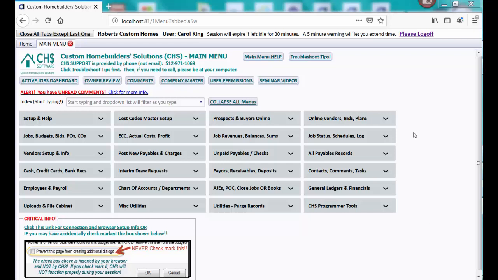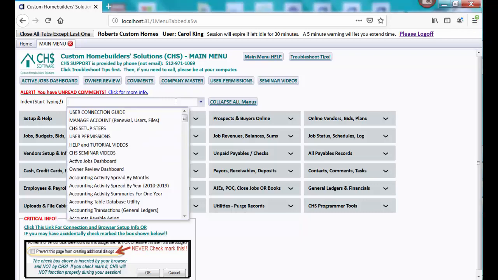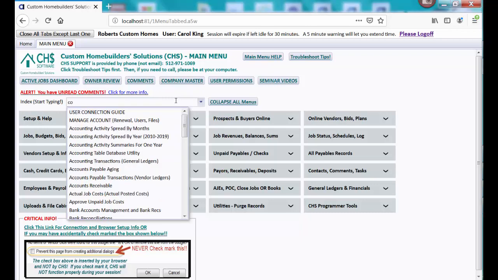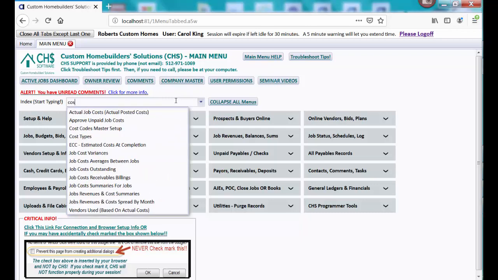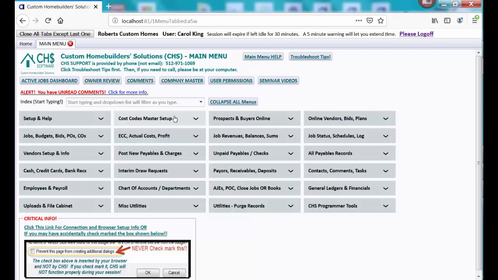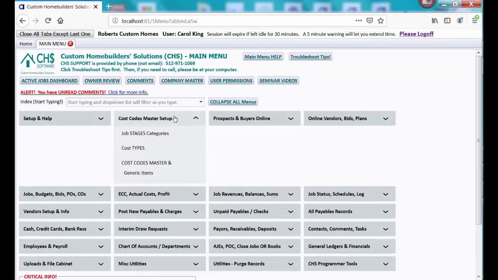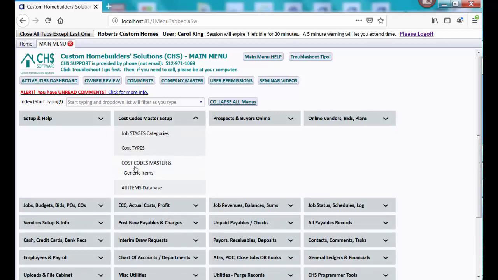And what we call that is cost code centers or cost codes master. We need to set up some things there. So I'm going to click, but first of all, I'm going to show you in the menu. You could just start typing cost codes and you'd see cost codes master setup, and you could select that and go to the same place. But I'll also show you how you can do cost codes master setup and then find cost codes master and